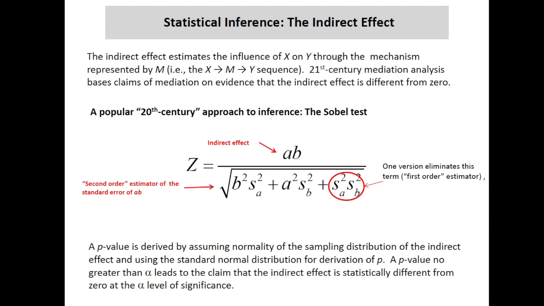Well, there is a popular sort of 20th century approach to inference, and that's called the Sobel test, which says pretty much a standard inferential procedure. Let's take an estimate of our effect. Let's divide it by the standard error. And there are a variety of standard error estimators out there in the literature, primarily based on what happens with this third term. And that ratio, we have used the letter z because we are using the normal distribution as a representation of this sampling distribution. That is, we invoke the assumption that this sampling distribution is normal under the null hypothesis. And with that ratio, we can calculate a p-value. Tag the p-value onto the obtained estimate.